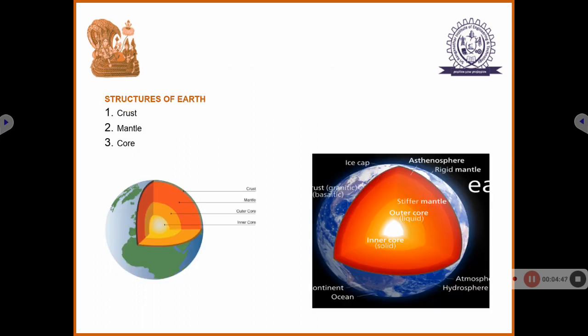Now, the structure of the earth is the basic study of geology. Okay. Now, what are the 3 main parts of the structure of the earth? The main 3 parts are picturized and shown in a diagram too. Crust, mantle and core are the three main parts of the structure of the earth. The top layer,